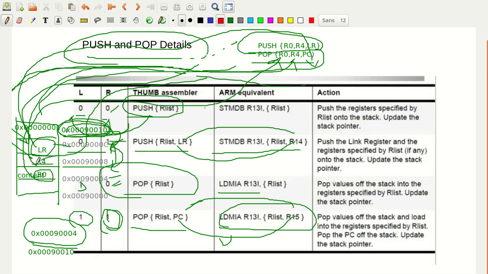Again the content stored in 0x00090008 is stored into R4. Again the stack pointer is incremented. Then the data that is there in this next location is saved onto the program counter.